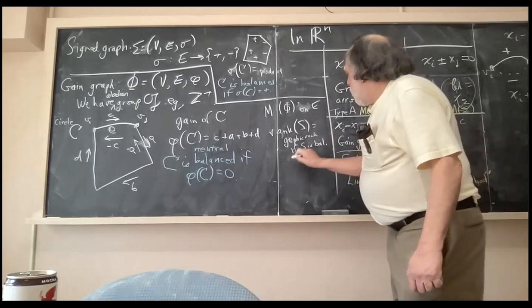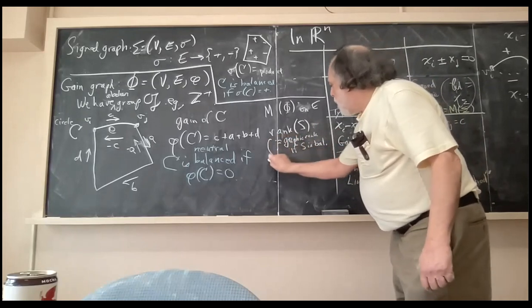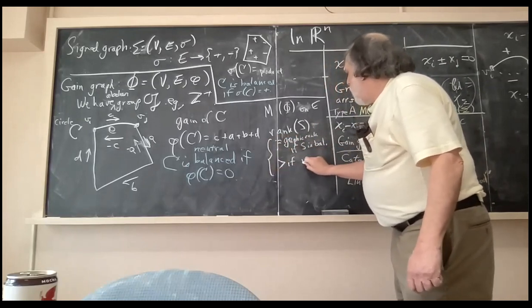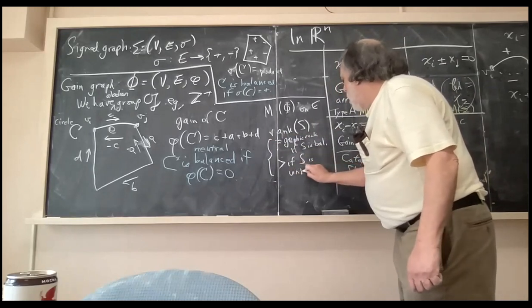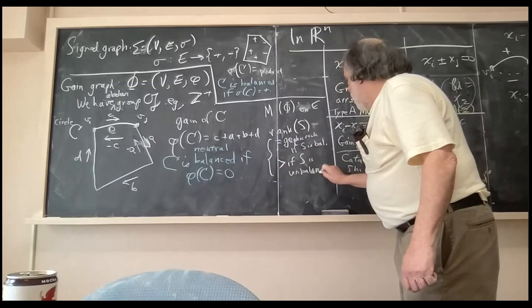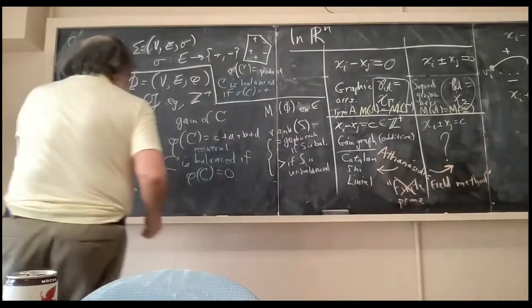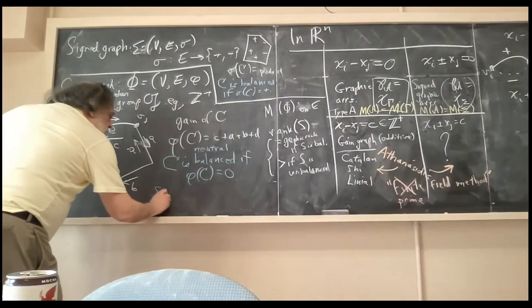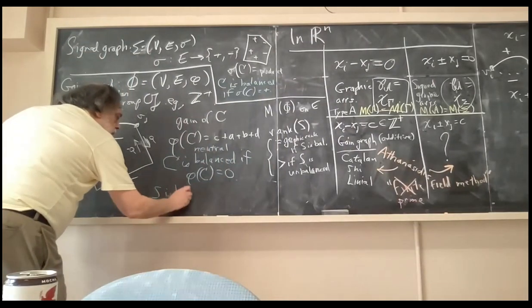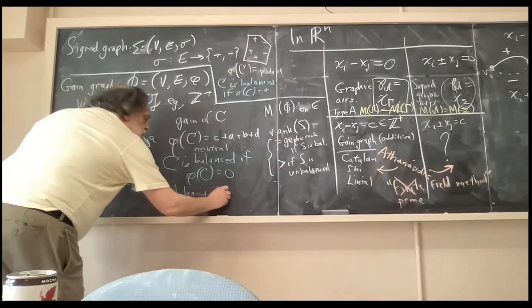It's greater if S is not balanced. Okay, I defined balance for a circle, but in general, we say S is balanced, that's any edge set, if every circle in it